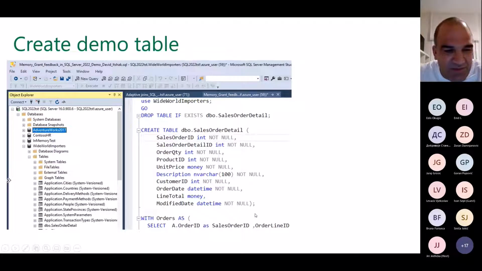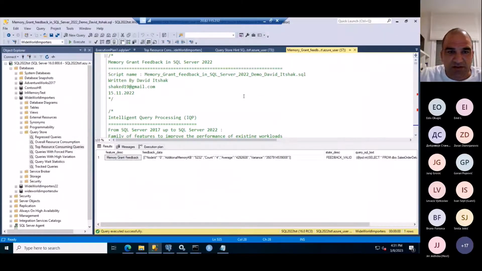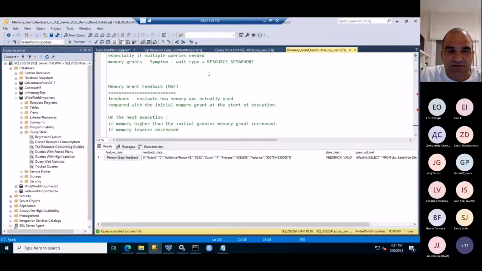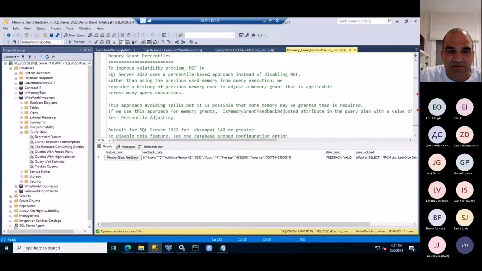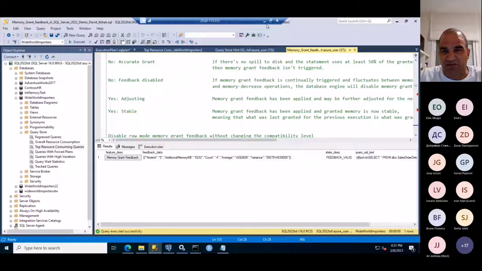So let's see the demo. This is the demo here. You can try and use the script yourself. But what I'm doing in the demo,